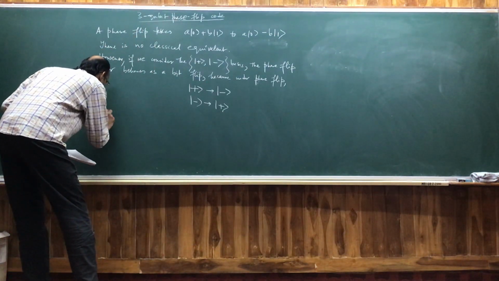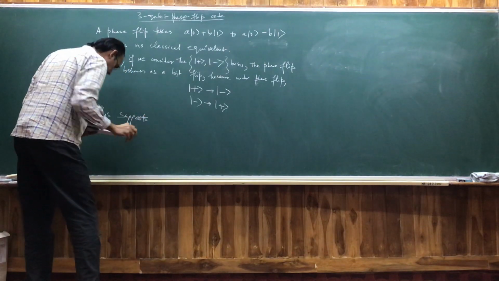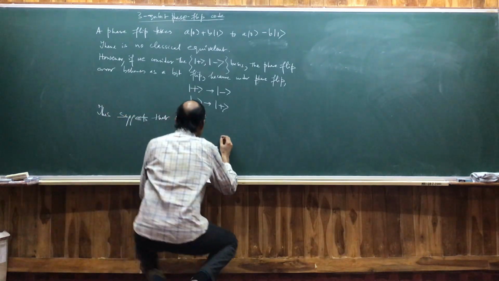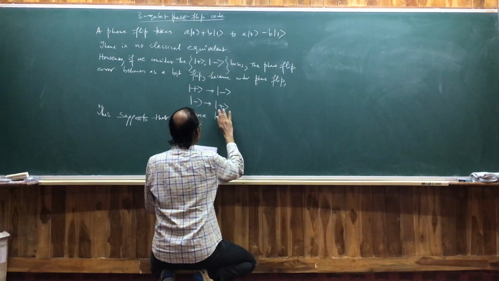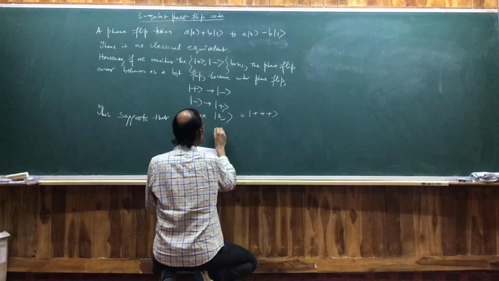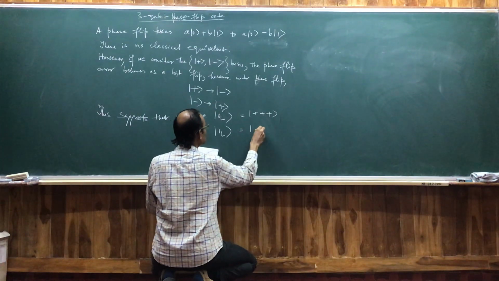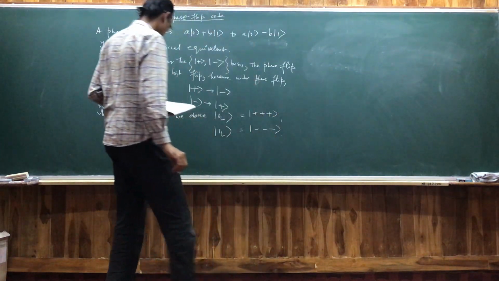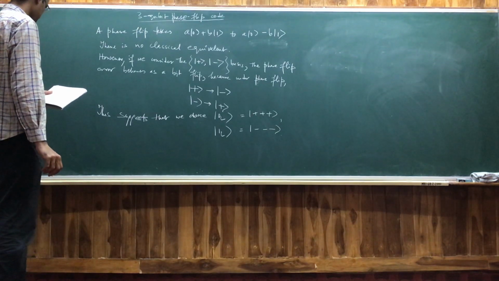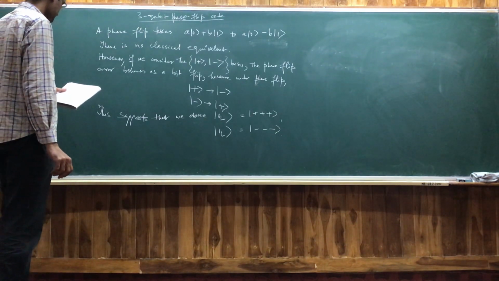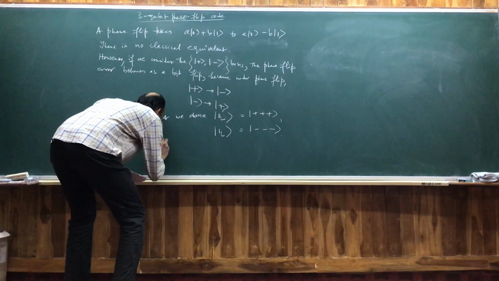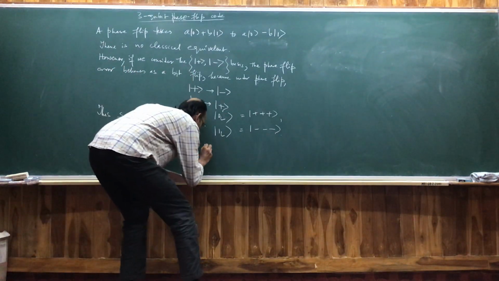So this suggests the logical zero as plus plus plus and the logical one as minus minus minus. So we encode this as a